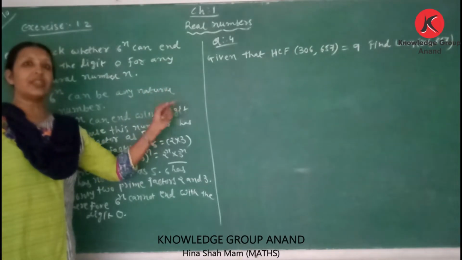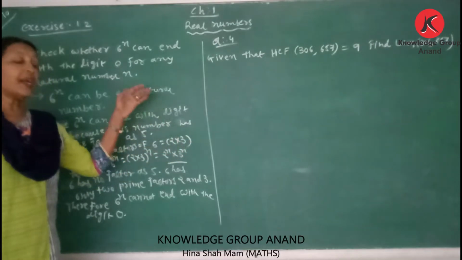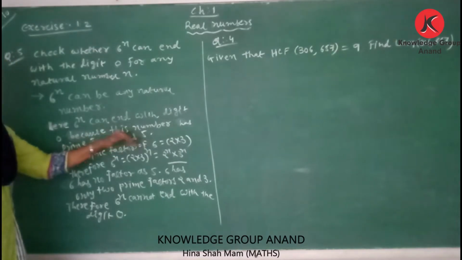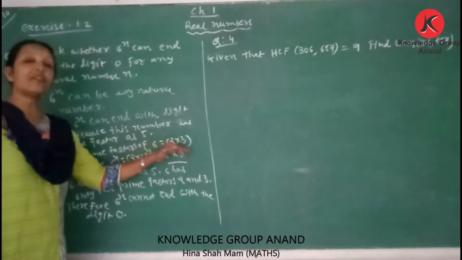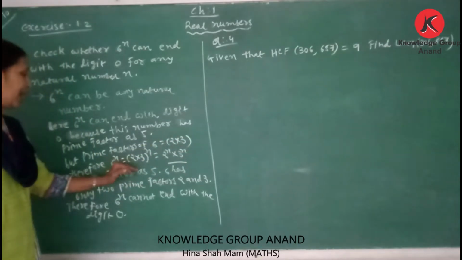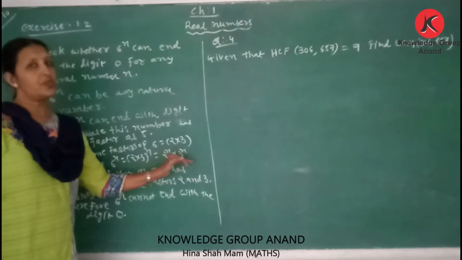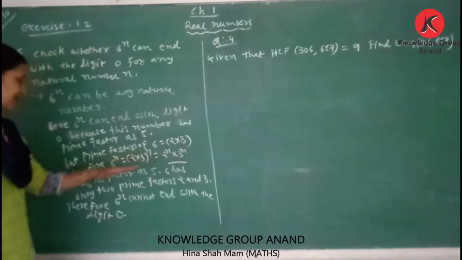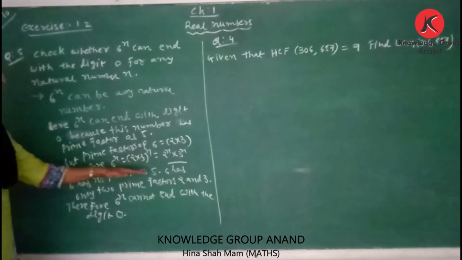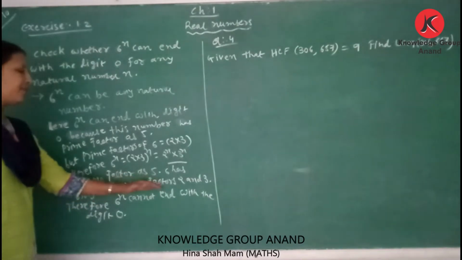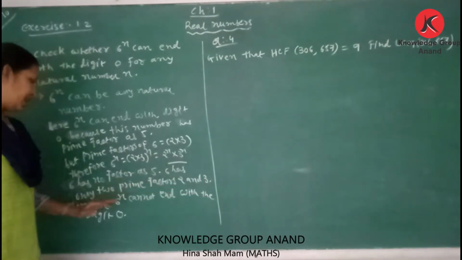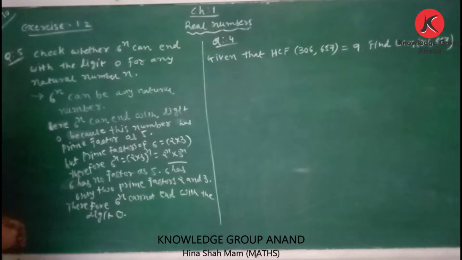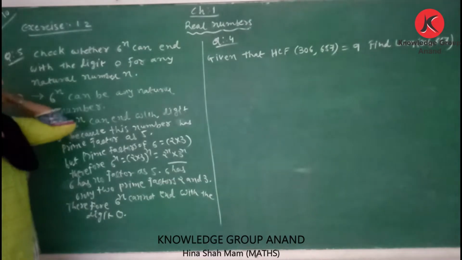10 means 10, 10 twos are 20, 10 threes are 30. But its prime factor is 5. But the prime factors of 6 are 2 into 3. Therefore, 6 raised to n is equal to (2 into 3) raised to n, which is 2 raised to n, 3 raised to n. Here 5 does not exist in these factors. 6 has no factor 5. 6 has only 2 prime factors, 2 and 3. Therefore, it cannot end with the digit 0. Clear? We write like this.